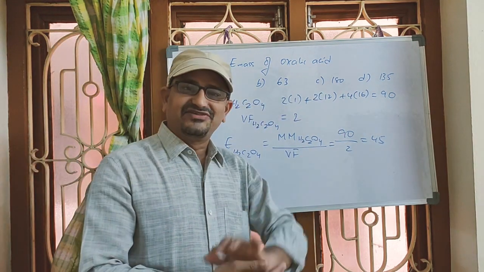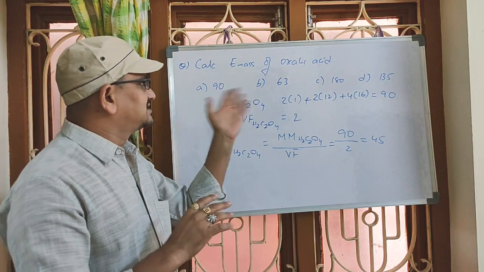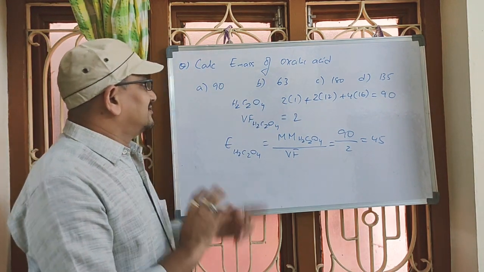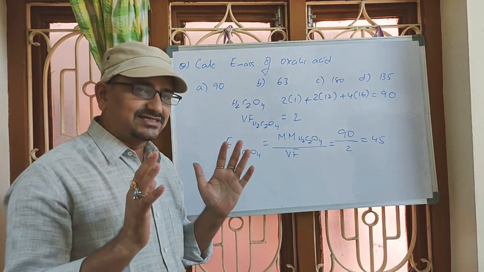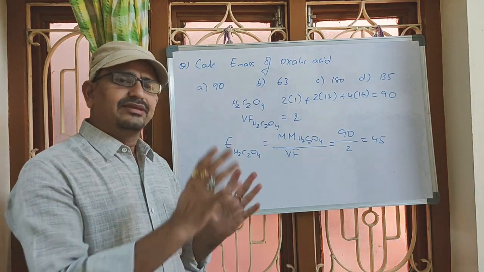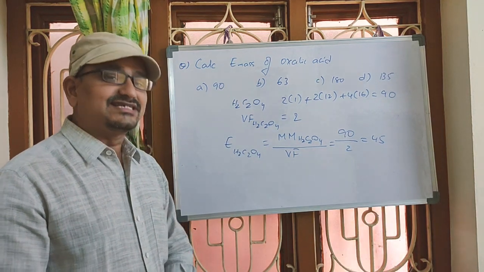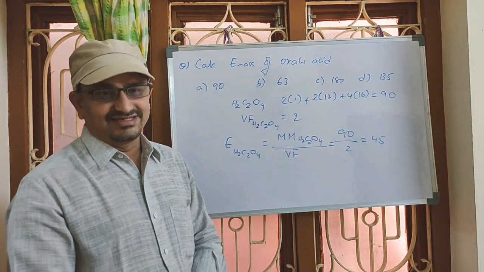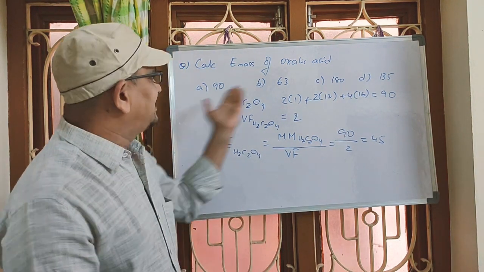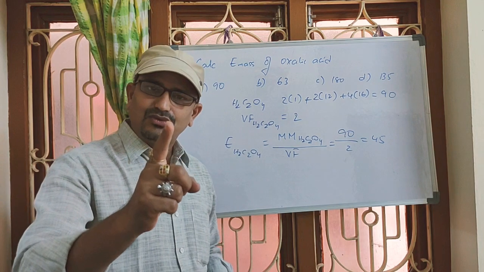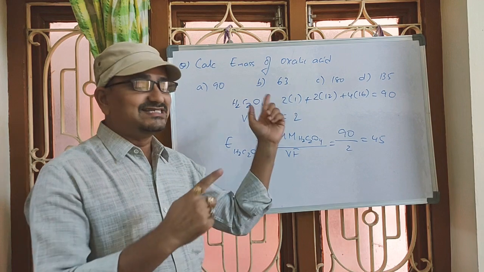There is no 45 specified here. By looking at such questions and such options, don't panic, okay? It is about oxalic acid only. In the previous question, we discussed anhydrous oxalic acid, meaning only H2C2O4, with 2 carboxylic acid groups. But in this question, they are discussing hydrated oxalic acid. Sir, won't they specify? Sometimes they need not. See, 45 is the equivalent mass of anhydrous oxalic acid only. Now there is no 45, which means this is not anhydrous.